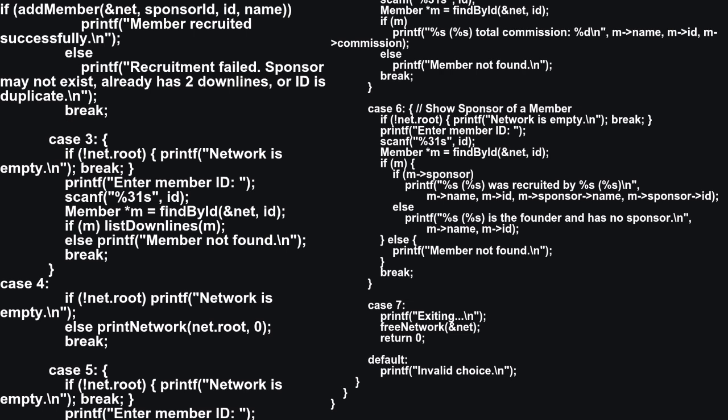Then the find_by_ID function searches for a member using their ID. Then the list_downlines function displays all the direct downlines under a specific member. Then the print_network function prints the entire network tree. Then finally, free_network is used before the program ends. It frees all the memory that was allocated for every member.